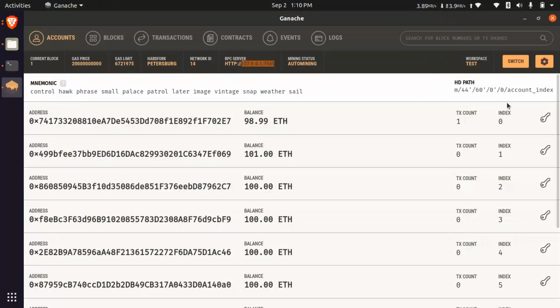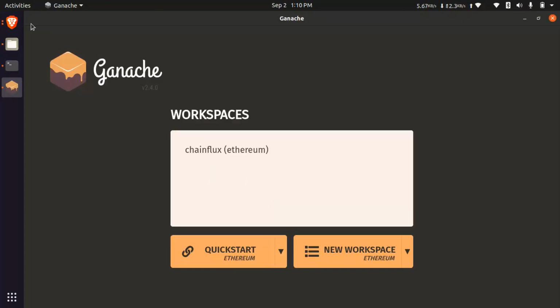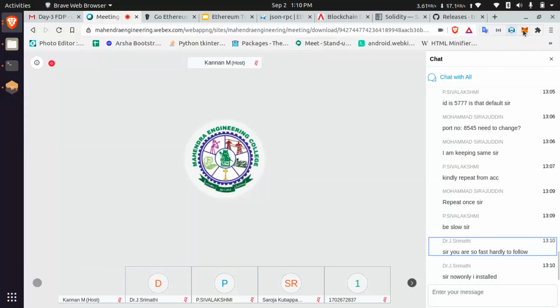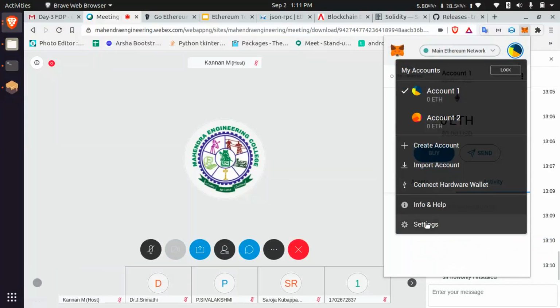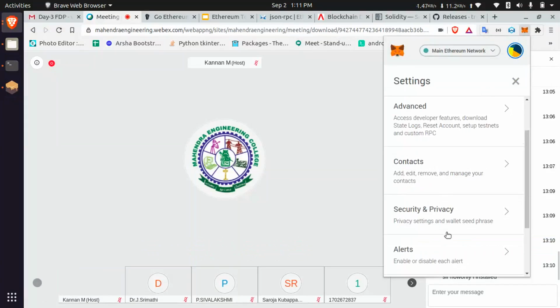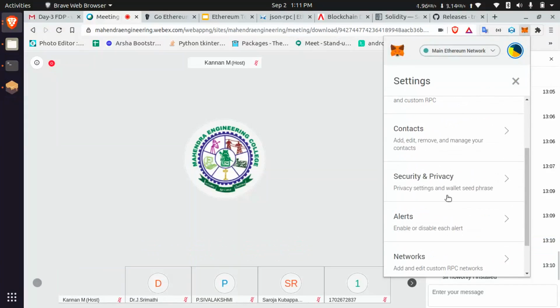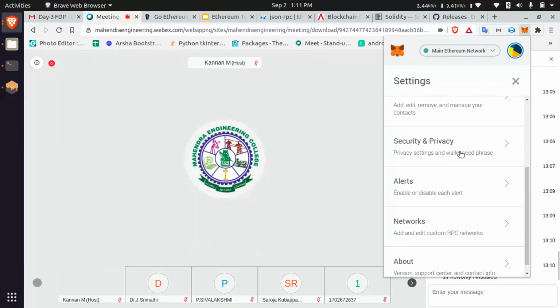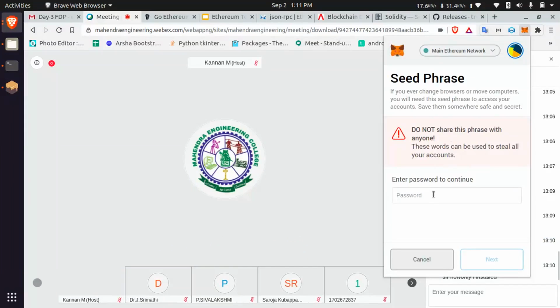Let me log out. I'm going to delete my older one. I need a seed phrase for loading my addresses here. That's why I am taking my seed phrase from MetaMask settings. Here you can see security and privacy, wallet seed phrase, and I am going to retrieve my wallet seed phrase.